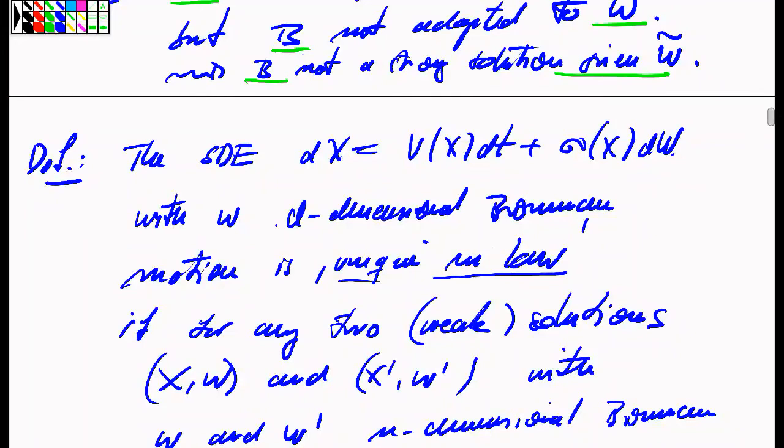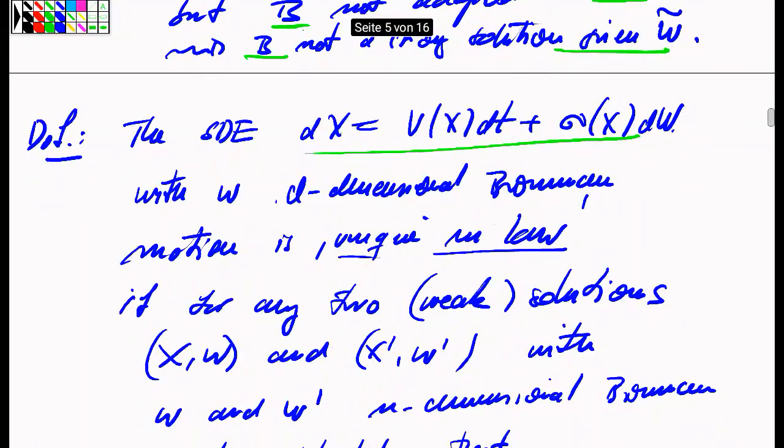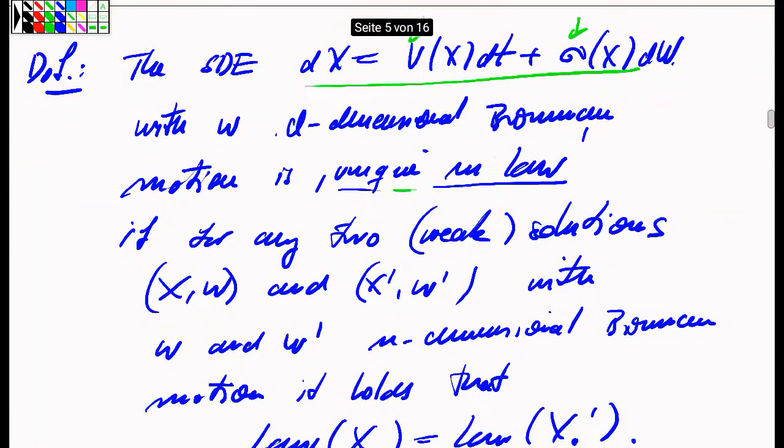And that's the basis for the next definition, namely, you say that a stochastic differential equation which has data V and sigma, we call that this stochastic differential equation is unique in law, or the solutions are unique in law, if it is true that for any pair of solutions x omega and x prime omega prime, any weak solutions, any two for instance, which might be defined on different probability spaces, which might be obtained from